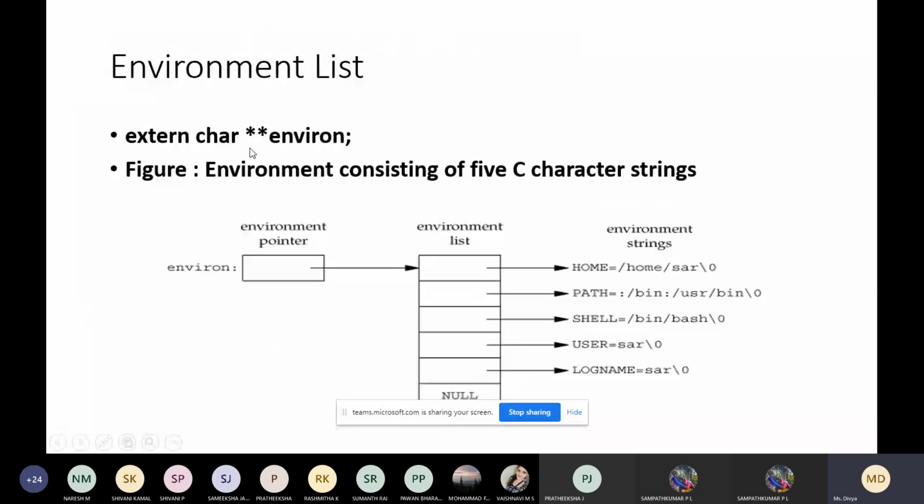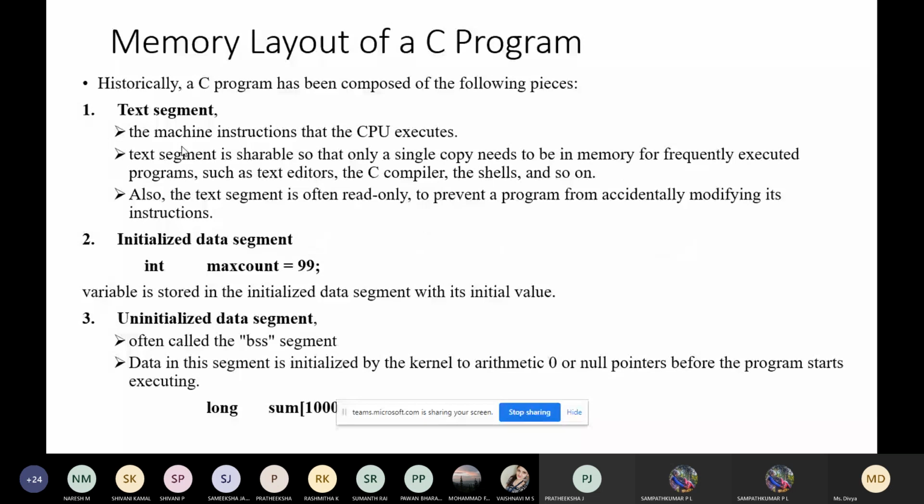And you can see here, this is how we declare the environment variable, which is an array of pointers. We'll be using the keyword extern. It's a global variable, and you can see here,